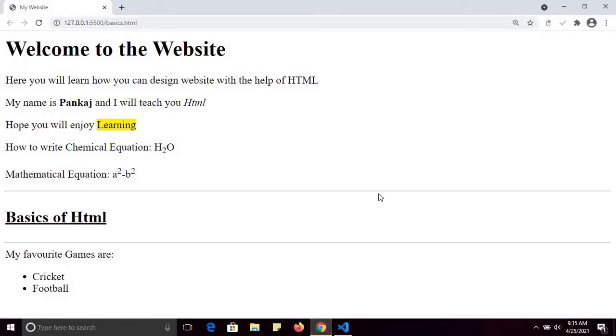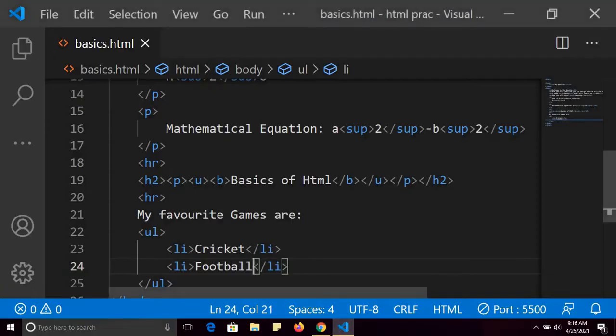My favorite games are cricket, football. And you can see it is in bulleted list form. And if you want to show some output in bullets, then you have to use this one,